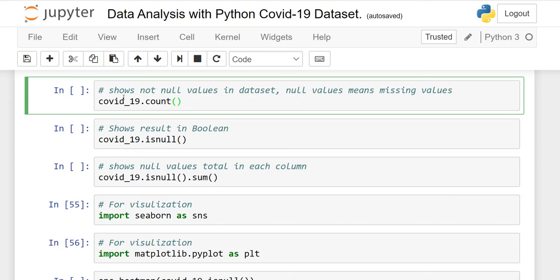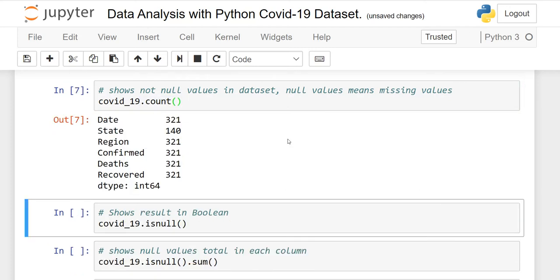Here it shows not null values in the data set, right? Not null. And null values means missing values. I say not null value. So for this purpose, you have to use the dot count function with your data frame name. So covid_19.count, when I run it, you will see that we have 6 columns,